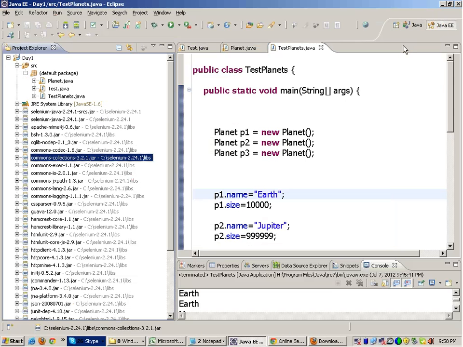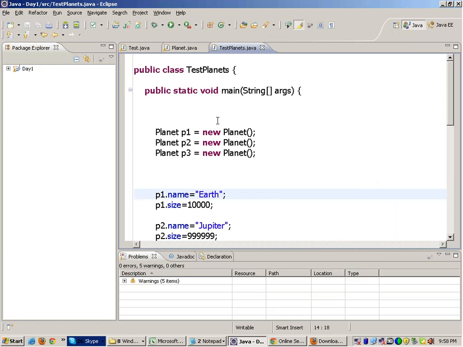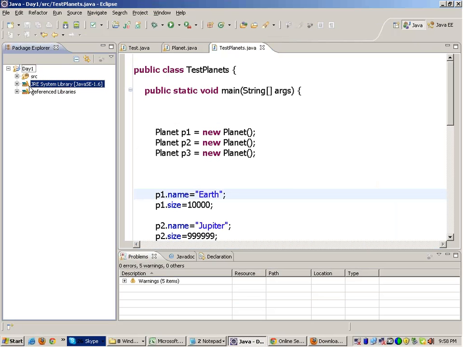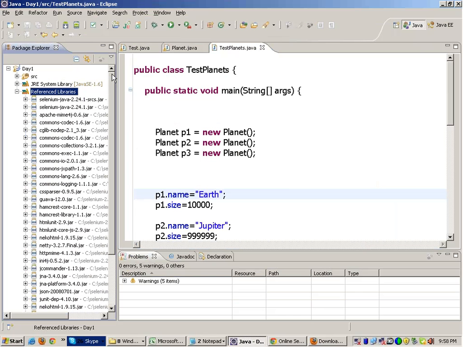If you go inside this, you will have the project, you will have the JRE system library, and you will have something known as reference libraries. In this you will find that there are all the jar files of Selenium. So that's all. Okay, Selenium is now configured in your machine,